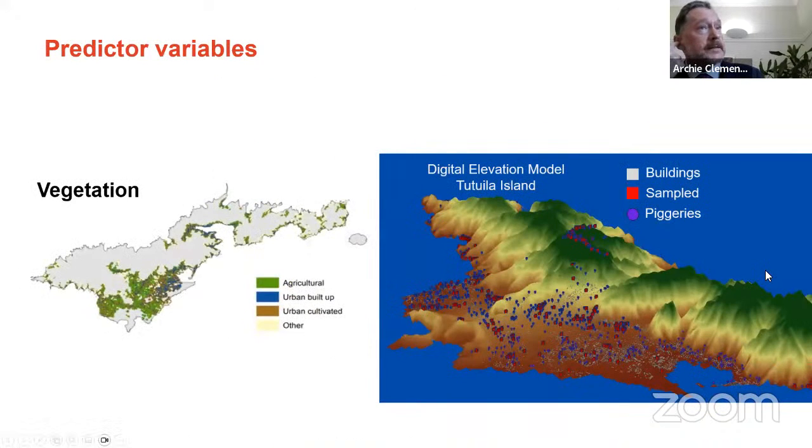We were interested in understanding that further, and so we built a spatial model that incorporated a number of covariates with the purpose of spatially predicting the risk of leptospirosis in Tutuila Island. The map on the left is vegetation, the map on the right is a digital elevation model. It's quite interesting, this really helps you visualize the distribution of the population of Tutuila. We can see that most people live near the coast in the low-lying areas, but there is a cluster of settlements up here on the top of a hill. And this is actually that spatial cluster of infection that I showed you in the previous slide.